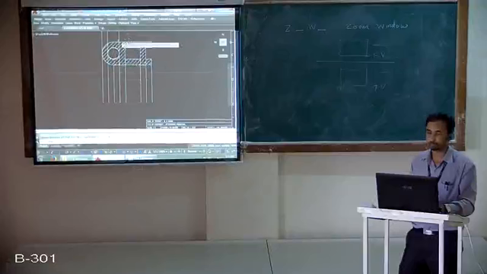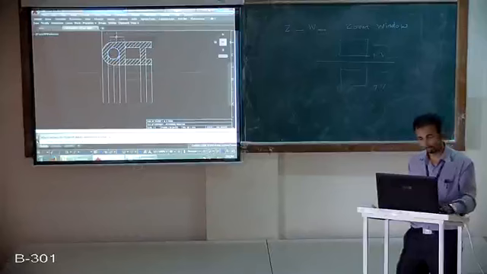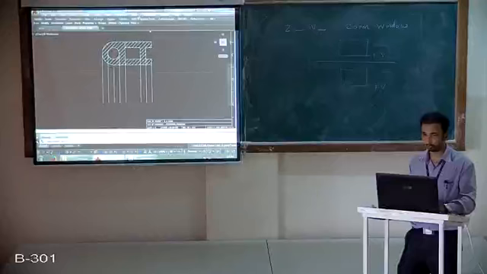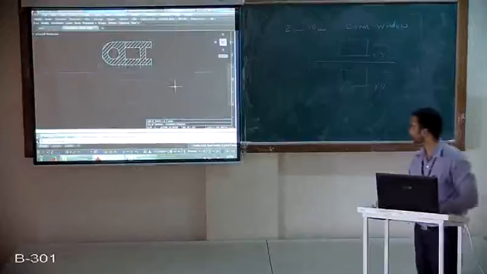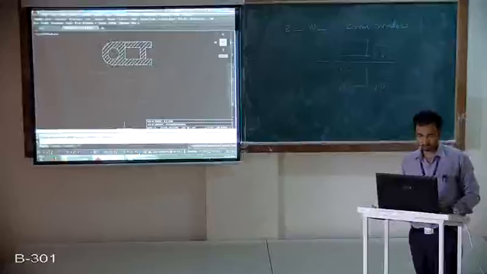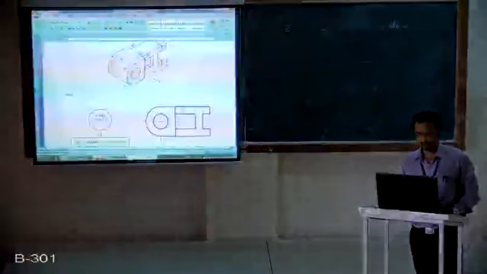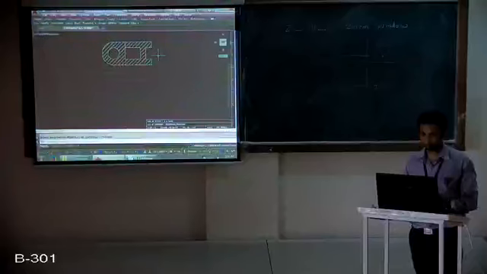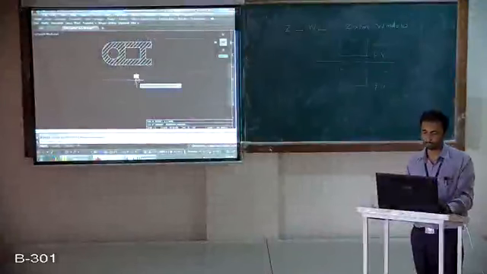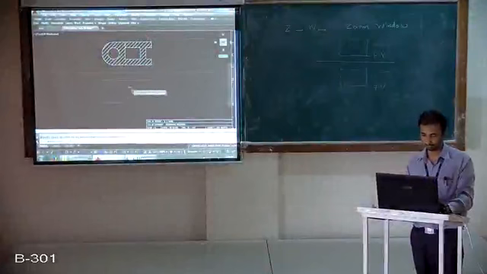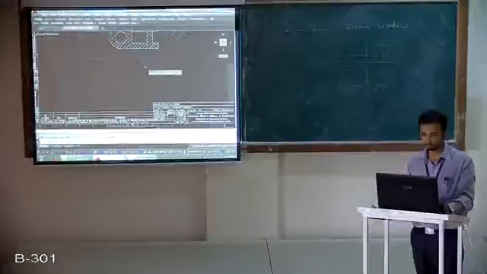Now if you see here, so just use an offset command, O space, give the offset distance 10 mm from both ends, click inside, like this. Okay? Right. Now again, if you see the step, here, this circle appears to be dotted in this view. So what you have to do? We have to trim these lines up to this point. Then take a line command, join from this to this, like this.